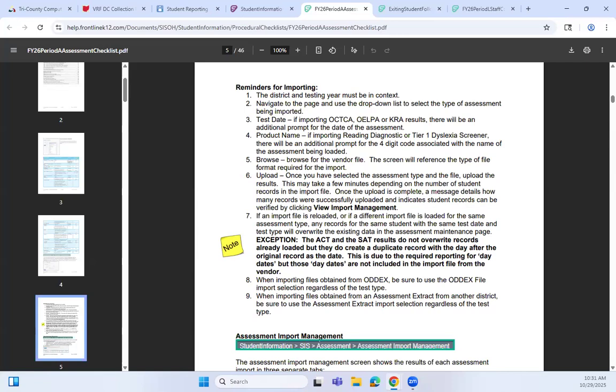So, reminders for importing. The district and testing year must be in context when you're importing any type of testing data. Now, what we have to remember is test date is important, not the date that you're importing it, but the test date itself. On number 3 of the reminders, you need to make sure that you have those dates of when the student was tested, because if you're uploading it in, let's just say, November, that's past the deadline. It's going to say, oh, you tested that student November 15th, and all those kids are going to error out because they do not have the right test date. So just as a reminder,